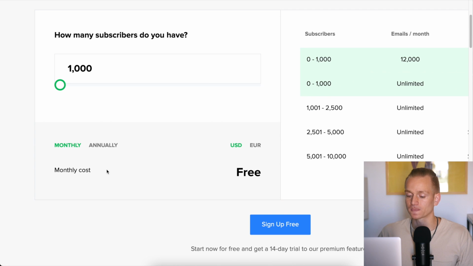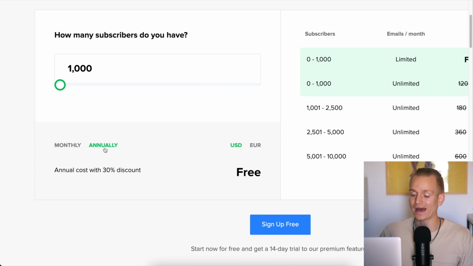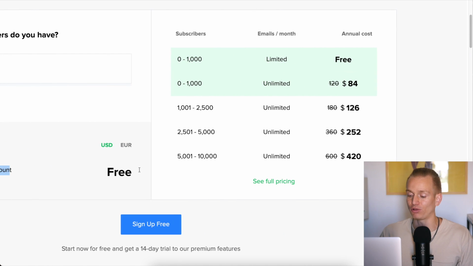And also, this is monthly plan. If you do annual plan, you actually get 30% discount on all of this. So for example, 10,000 subscribers, then for a whole year is going to be only $420.